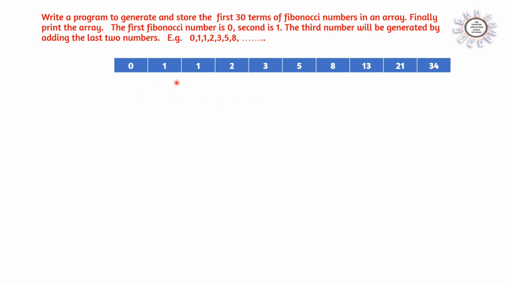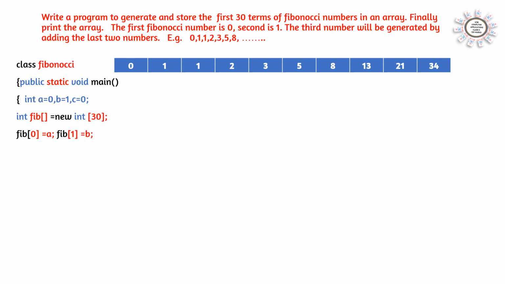First term, second term, third, fourth, fifth, sixth. Like this we will count the number of terms, and we have to print the first 30 terms of the Fibonacci number. So we can see how to do the program. No need of input. Starting number is known. How many number of times it is also known.